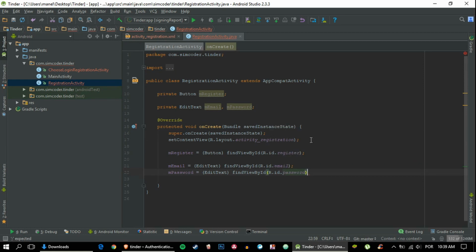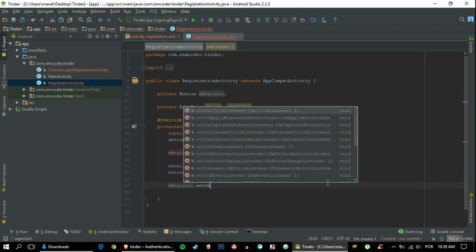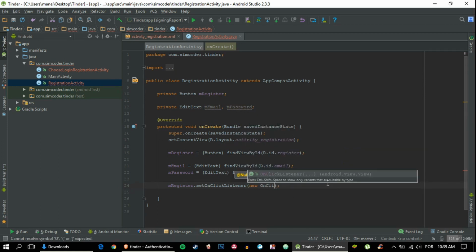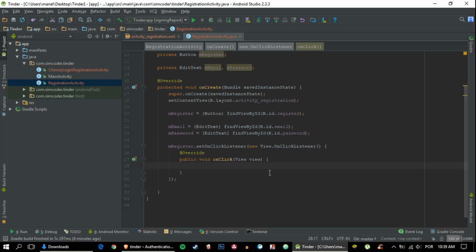FindViewById, password. Don't know where he got that from. So we need setOnClickListener for the register button, so whenever the user clicks on the register button, this function will be called. And now we can actually start working on our